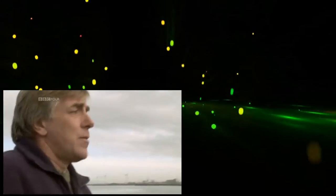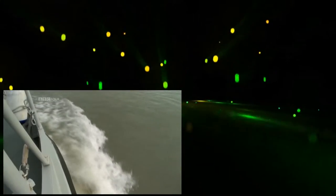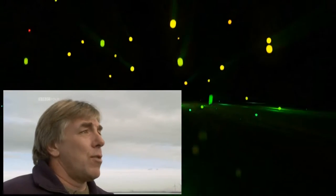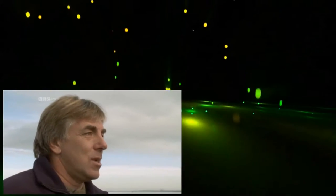Two days after a full moon, you've got big spring tides and massive swirling of unimaginable amounts of water coming in and out of the Bristol Channel, and it's all got to go somewhere, it's all got to do something, and it's what it does and where it goes and how it corresponds with the underlying contours that is the key and the secret to understanding what the tides are here and how they can be either your friend or